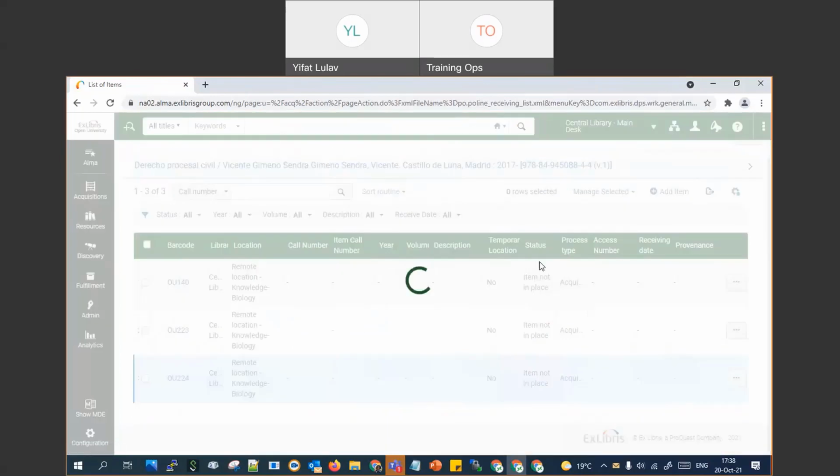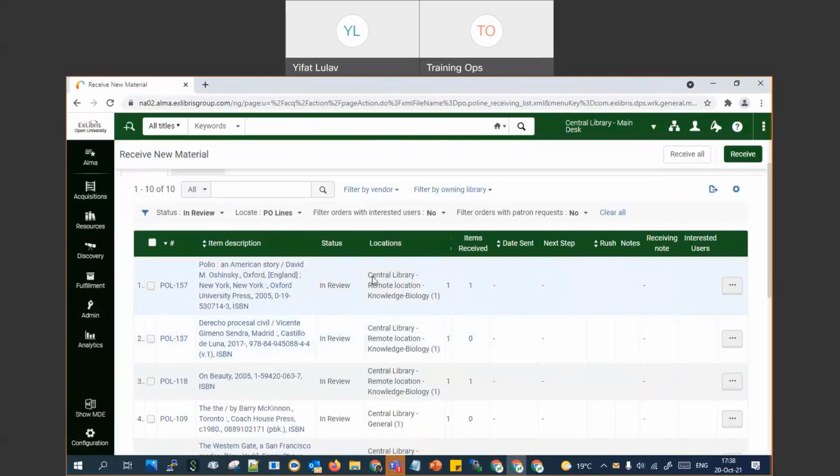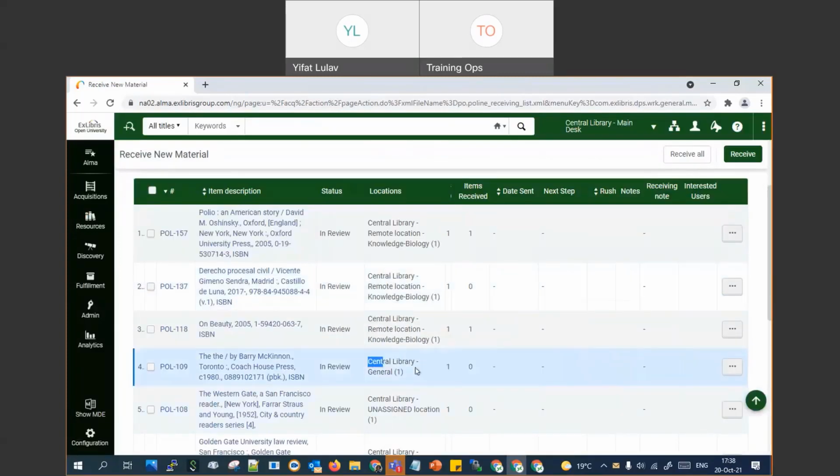And I have a lot of materials in here, and you can see that part of them, the location is Central Library Remote, and part of them, the location is local. Okay, so I'm going to assign, because I've got a few titles. Part of those materials